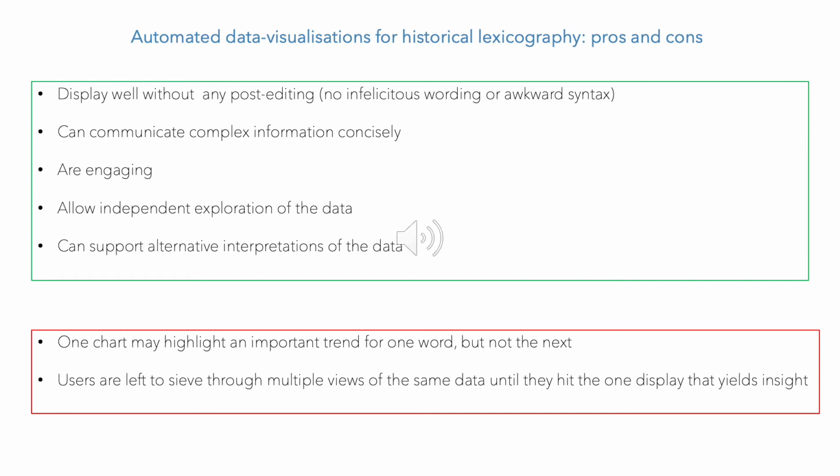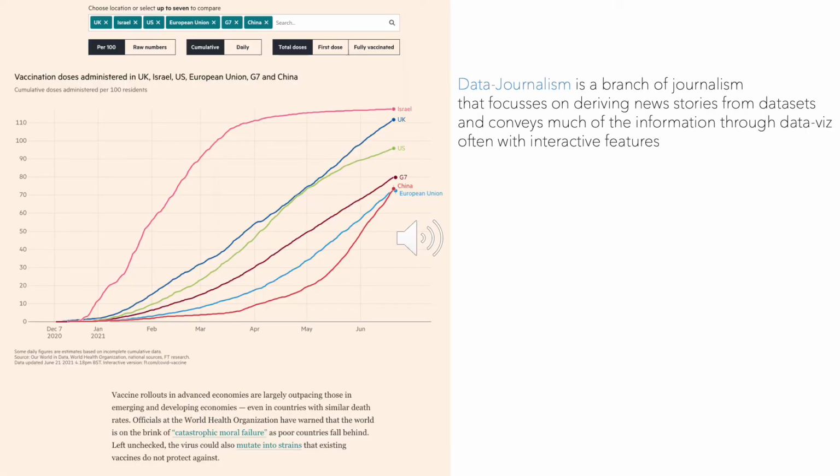And here is where I turned to data journalism post-editing practices for inspiration. In case you're not familiar with the term, data journalism is a branch of journalism that focuses on deriving news stories from datasets and typically conveys much of the information through data visualizations, often interactively. We are probably all familiar with the kind of article illustrated on the slide, where some catchy data visualization charts the progress of COVID, or in this case the spread of vaccination against it, and is accompanied by a narrative elaborating on the data and some interactive widgets to choose which country to view. This article uses data in a very straightforward manner,